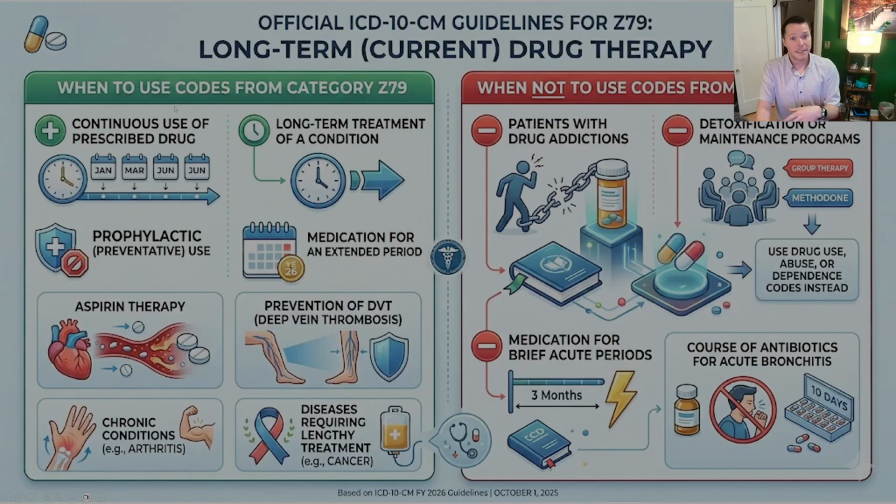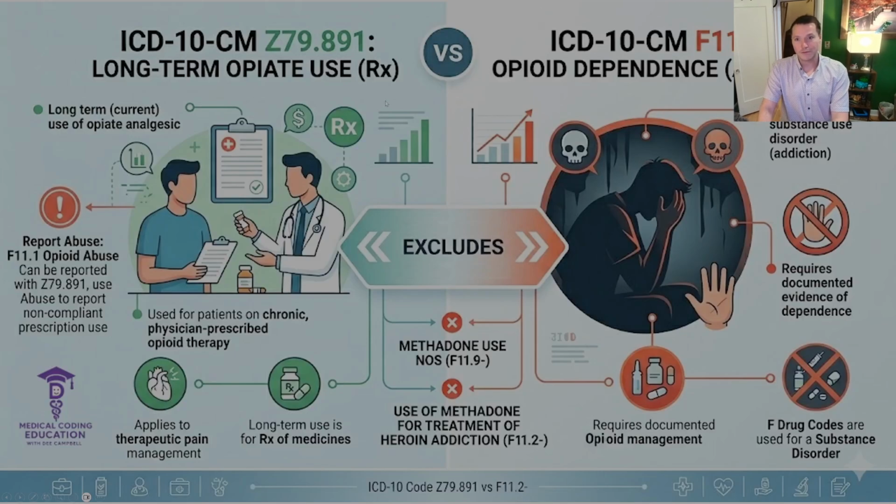Basically, how these Z79 codes work is you use them for long-term medicinal use. You do not use a Z79 for a drug addict. That's the key note here: Z79 codes aren't drug addiction codes. The reason we clarify that is because the F10s through F19s are drug addiction codes. So what will commonly happen is providers will assign this code here, opioid dependency, F11.2, when